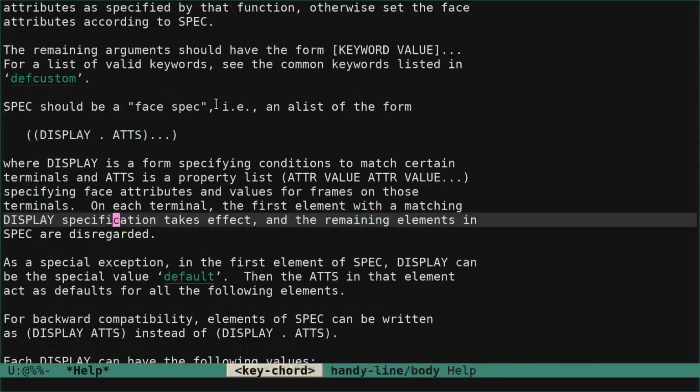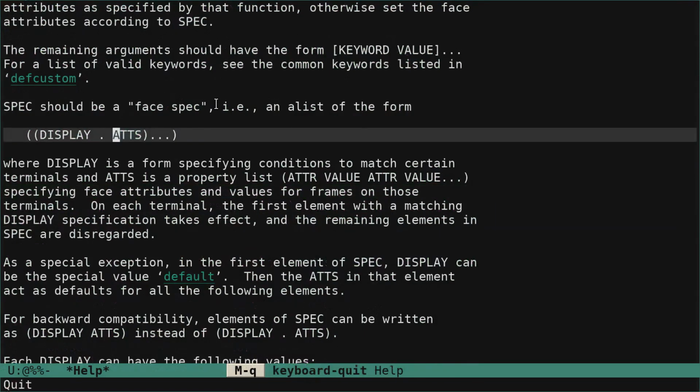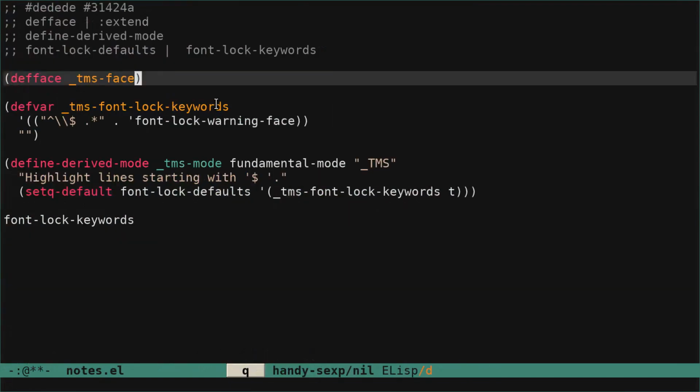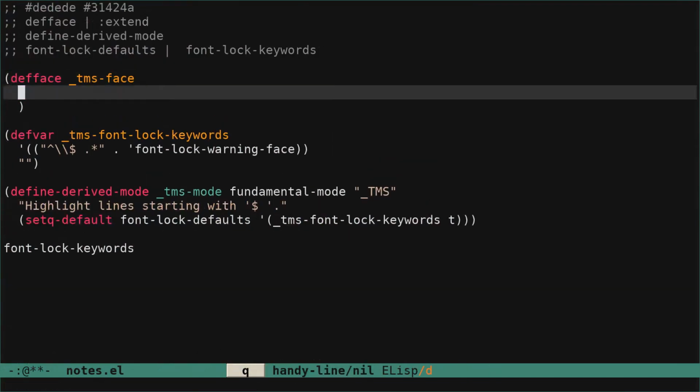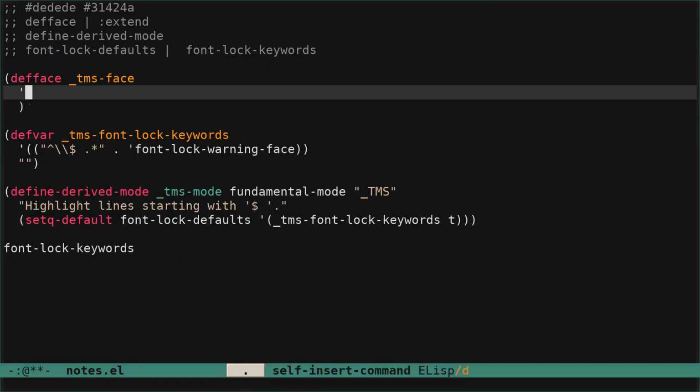And attributes is written there. So, attributes is, let's highlight, a property list with attribute value, attribute value. So this is what we are going to do. So let's go back. We are here. I hope you are still with me. So we have to pass, sorry, it's a list. Okay, this is a list of one. This is a display. Then we have to pass